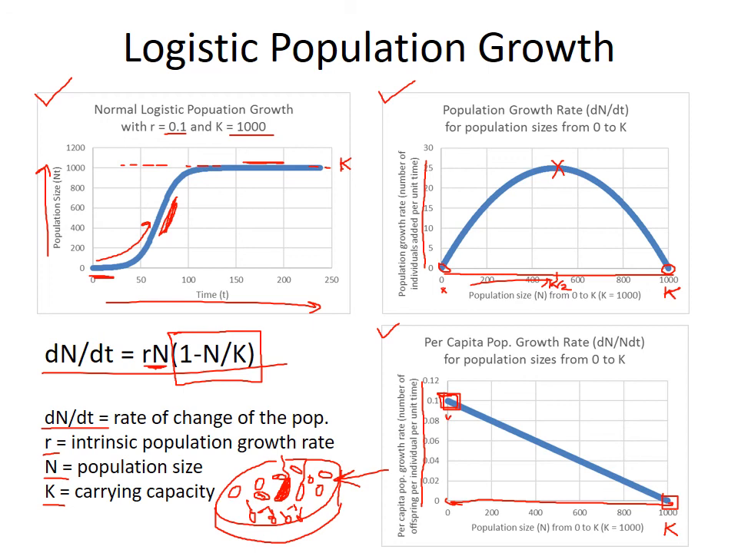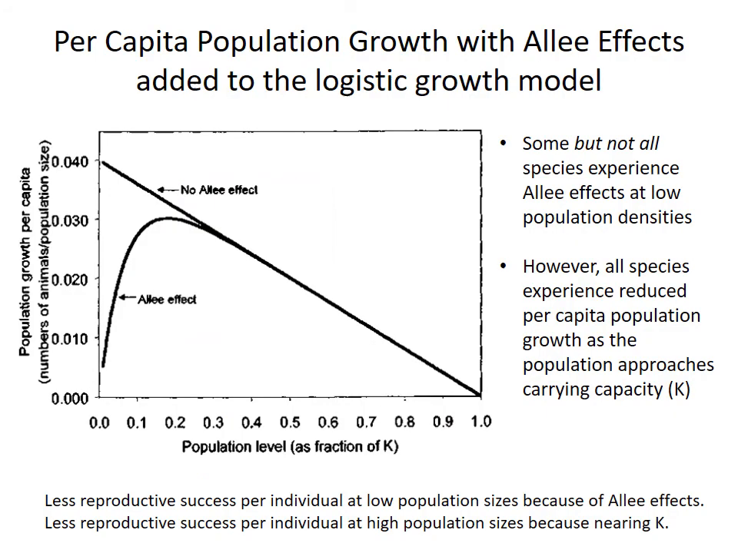In fact, you wouldn't be able to reproduce very successfully if it was just you on a desert island. You need at least one other person to make any population growth progress. And that's where Allee effects come in. So not all species experience Allee effects, but for the ones that do, you have this graph, which you'll notice